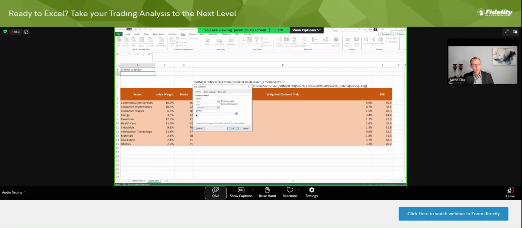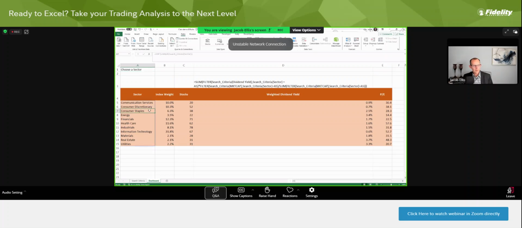And the source, we can either select this area or I can just type it in A5 with a number sign after, says A5 and anything that A5 spills into, which in this case, you'll notice that when I select this one cell, it's giving me a little blue box around all of those because that all comes from this one cell. So now I've got a little drop-down box here that I can select any one of those values